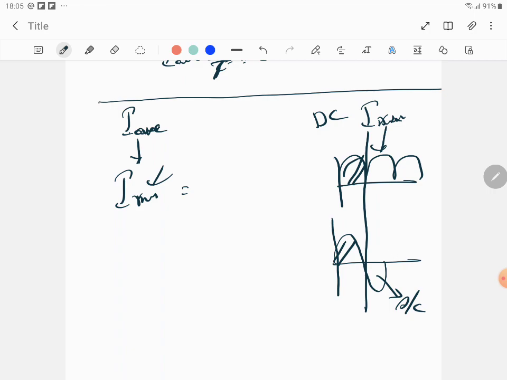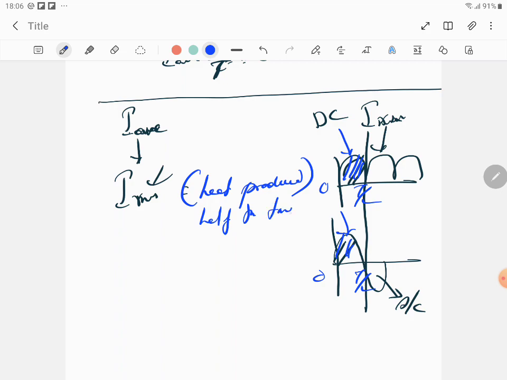So to understand an alternating current, the scientists took a DC current and analyzed it for half the time period, T by 2. So how much heat is produced? The same amount of heat gets produced when you pass a DC into a circuit and pass an AC into a circuit. That value of current is known as the RMS value. So RMS value is based on heat produced, heat produced with respect to DC for half the time period. That's also very critical, for half the time period. These are very, very important keywords.